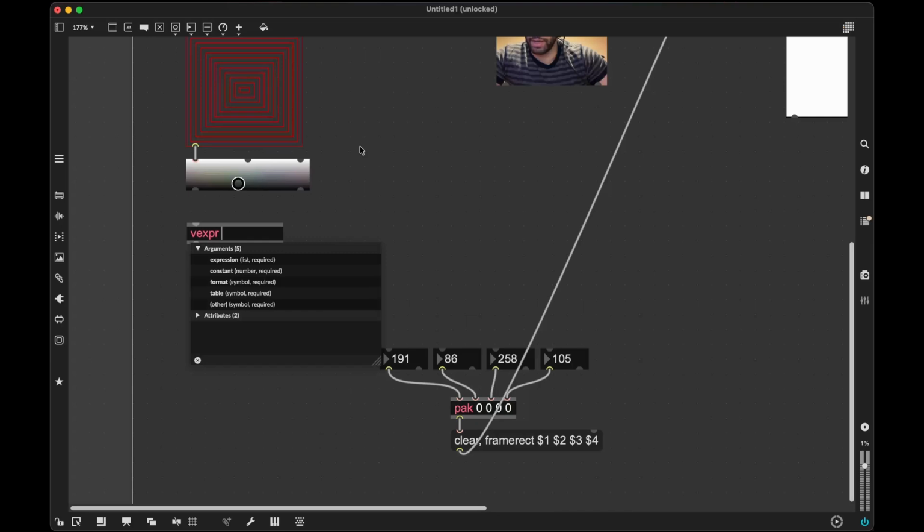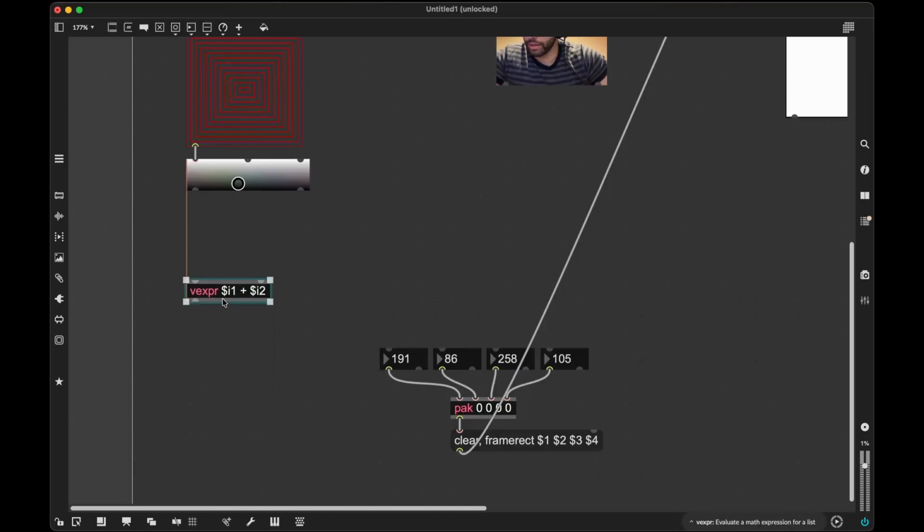So, for example, I can say $integer1 plus $integer2, and I can send something like 10 or 20 to the right inlet, which is cold, and something like 1 and 2 to the left inlet, which is hot,